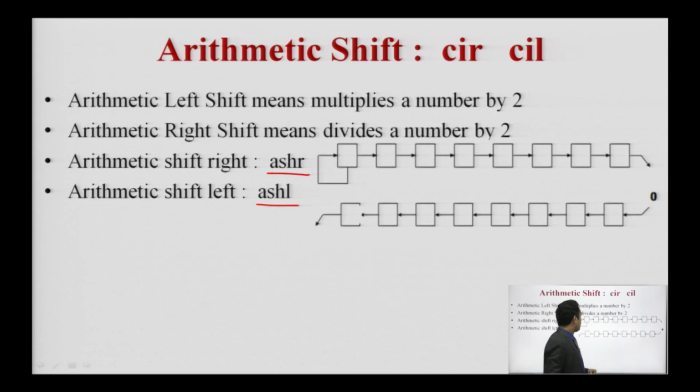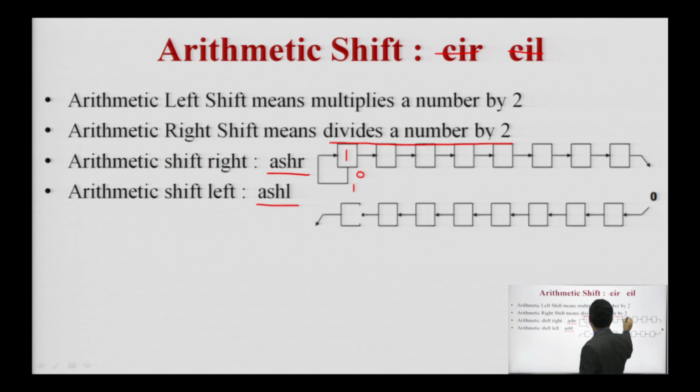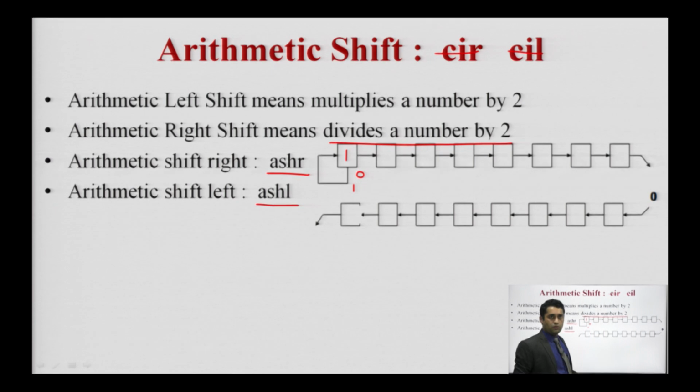In this case we are shifting the same bit. Here the same bit is used, where if the value is 0, then the 0 will be retained in this part, and if we are using 1, then 1 will be retained in this part, meaning the first bit is retained. The concept behind this retention is that when we perform it in the right part, we are basically dividing a number by 2. So, if you have a number 110011 and you divide by 2, you will get the value and this value is going to be replaced. So, this is one example.